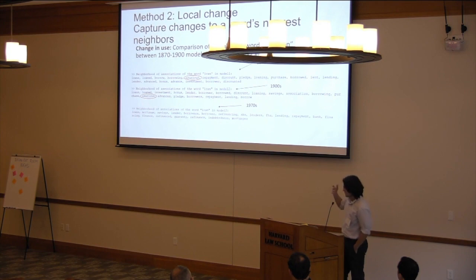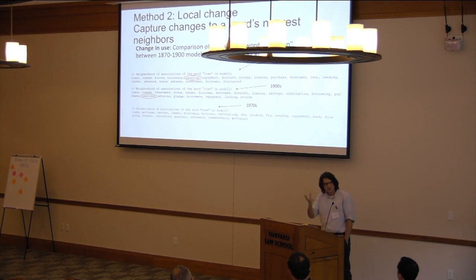Obviously, it makes sense that usury was an argument that would be brought up, and judges would actually write about it in their decisions. But it also shows that there's this sort of social change that happened in the US. And this is, I think, interesting from a historical perspective. Also from a legal